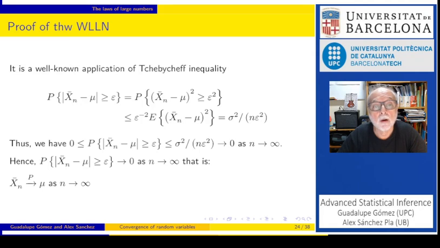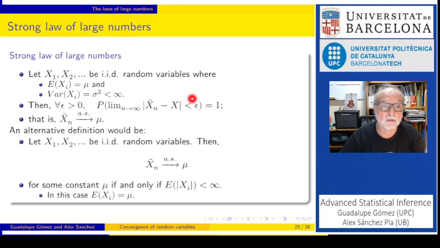Okay, so what is the difference between the weak and the strong law? Well, the difference is that under the same conditions, which might also be relaxed, instead of considering the limit of the probability, which tends to 1, we have that the probability that the limit is below 0 is 1. The law of large numbers tells us that the sample mean converges almost surely to the population mean.